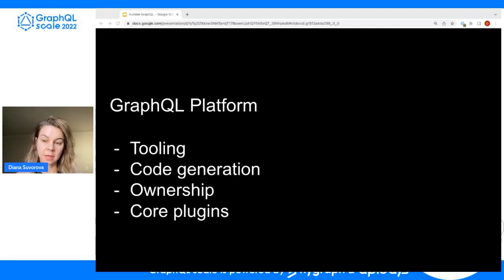An approach that we went for is to identify a set of core plugins, which is actually quite a small portion of the overall number of microservices, that are used by most front ends. Those would be user, trip, order, anything that the majority of the front ends can rely on. And for those, we have a much higher bar for changes in types and schema resolvers. And the rest of the microservices are usually used by a single front end and don't really need much curation from central teams.